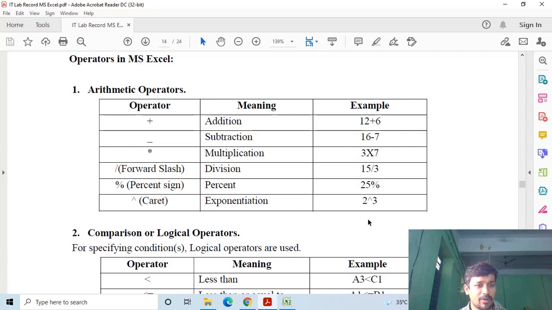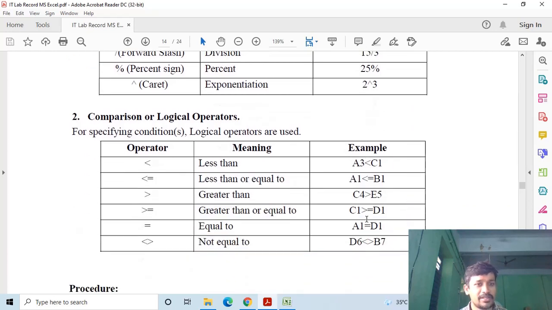The second type of operators are comparison operators, or we can also call them logical operators. These logical operators are used to compare values: less than, less than or equal to, greater than or equal to, not equal to. Here are some examples.